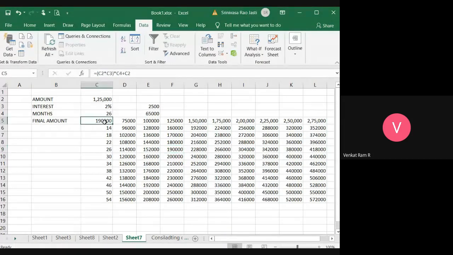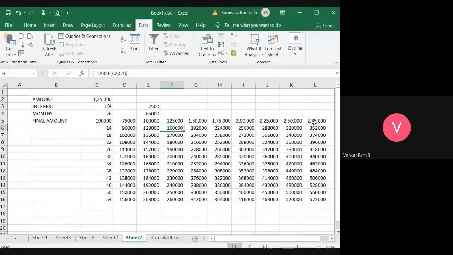So see here, 1,90,000 I am getting. If it is for 14 months and it is 75,000, what is the interest? With interest I have to pay 96,000. And if it is 1 lakh, what is it for 14 months? 1,28,000. If I have to clear this 1,25,000 with interest for 14 months, it is 1,60,000. So this is how you are going to calculate.